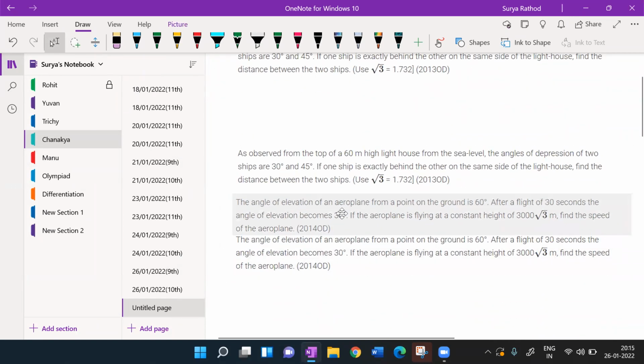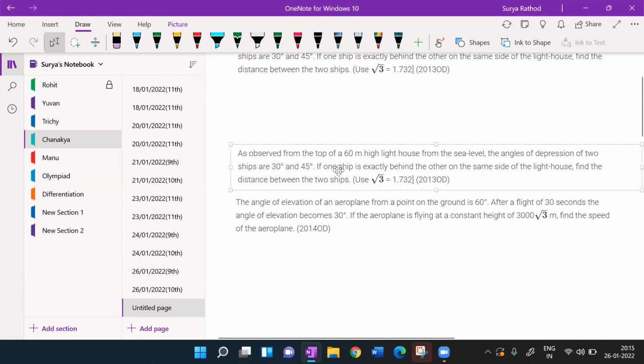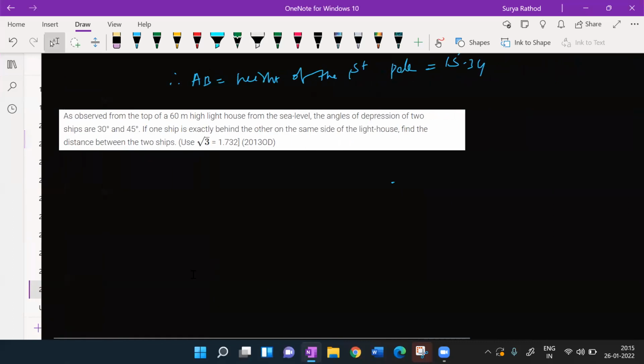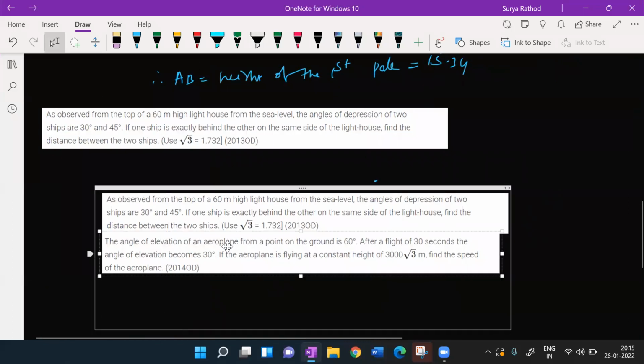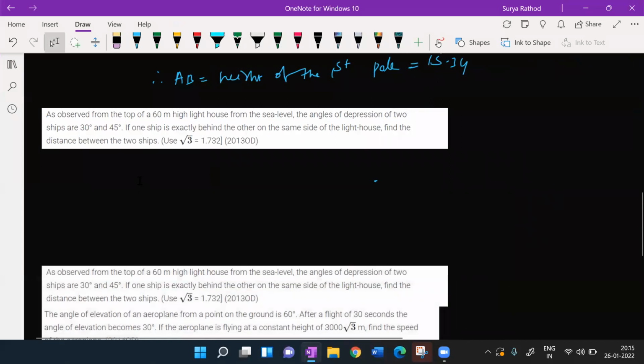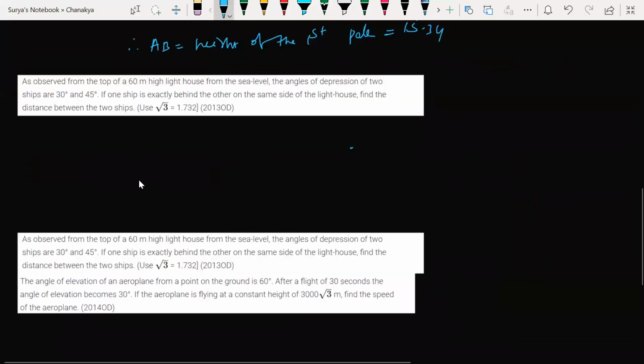Sir, I got 103.92. एक मिनट देख लेंगे क्या आंसर. 103, okay, right. But what is asked? That is not final. That is not your final answer. Find the full answer. That's the total distance.